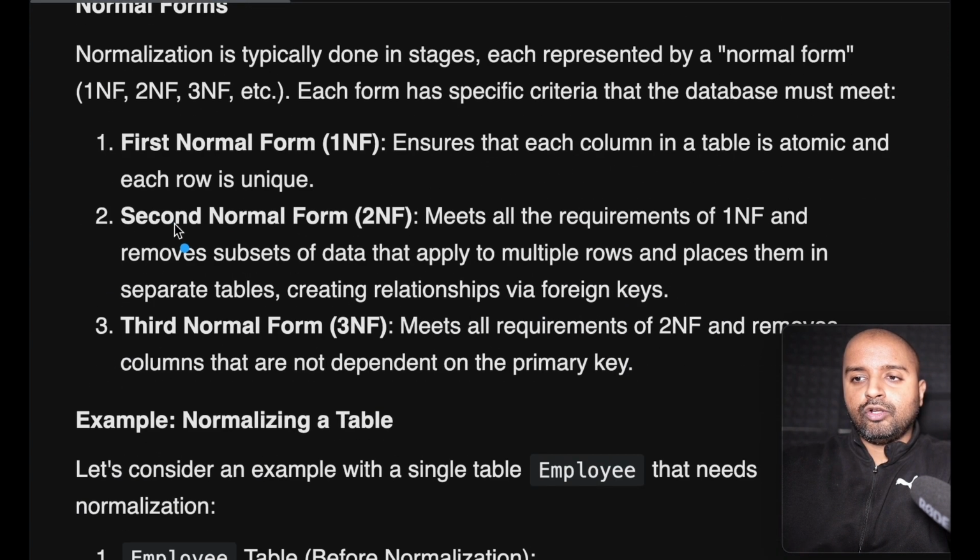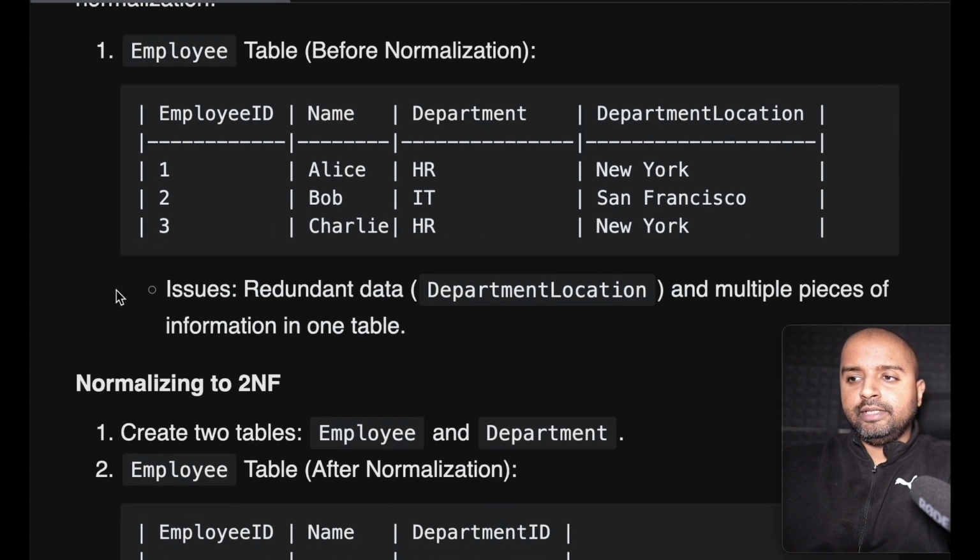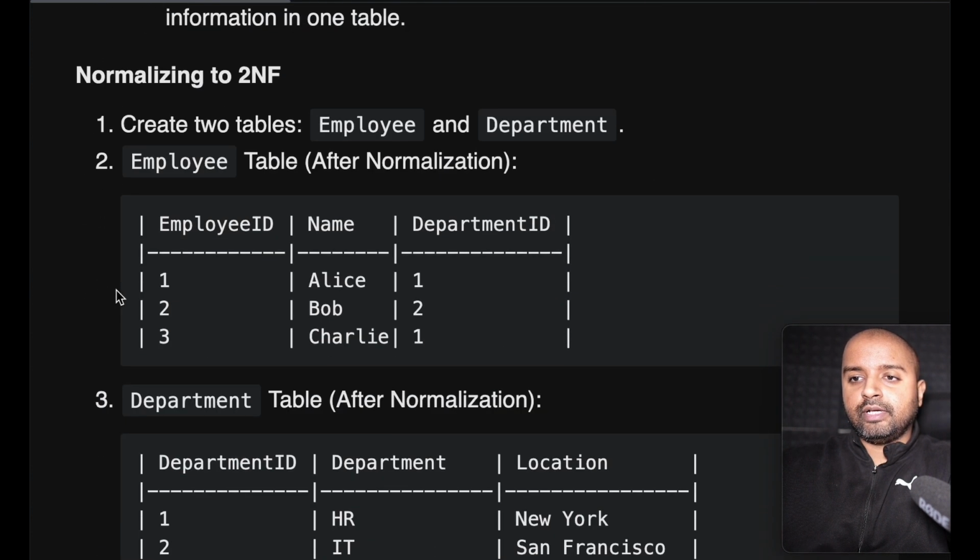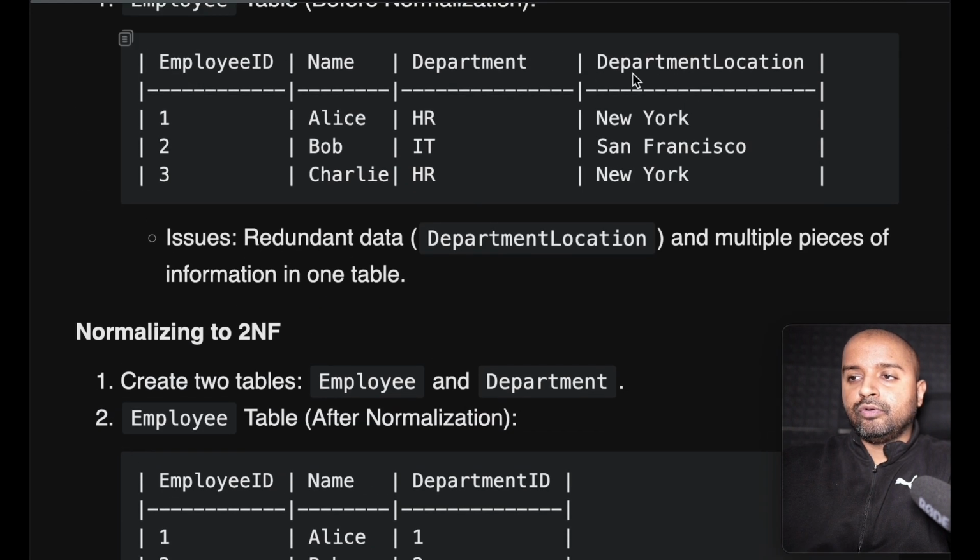And the second normal form is when it meets all the requirements of the first normal form, which is the column being atomic, and removes subsets of data that apply to multiple columns and places them in separate tables. So all this means is, if I do have a note over here where we can remove this department location from this table and put it in a separate table and create an entity relationship between this table and the